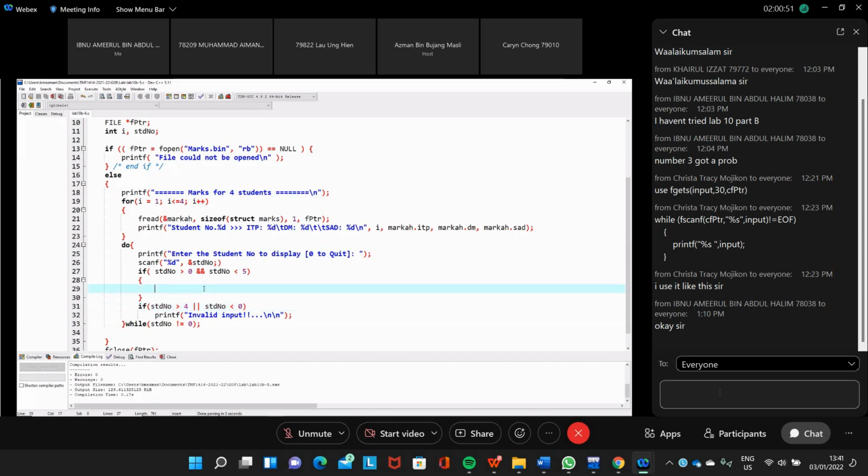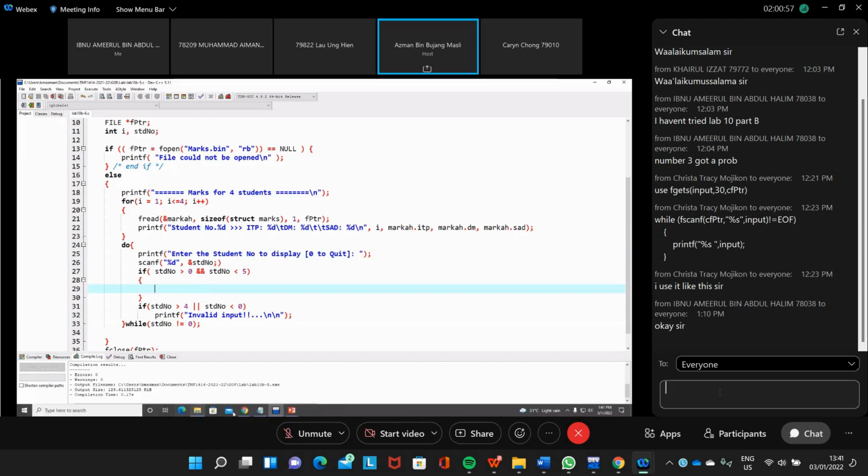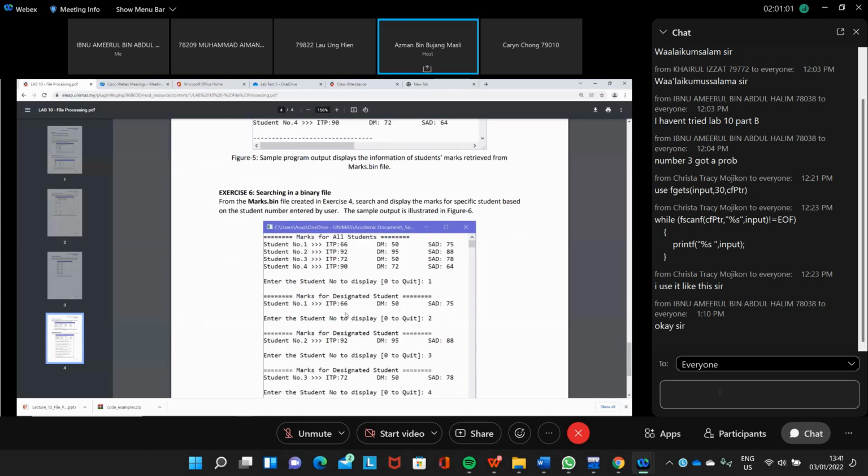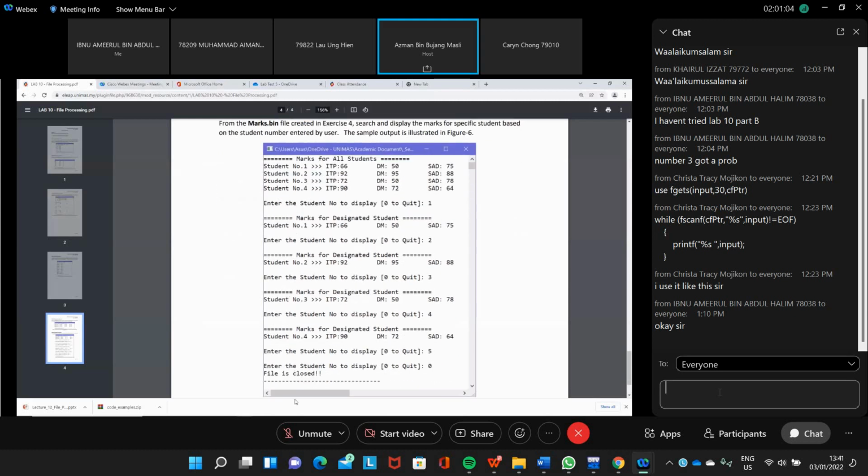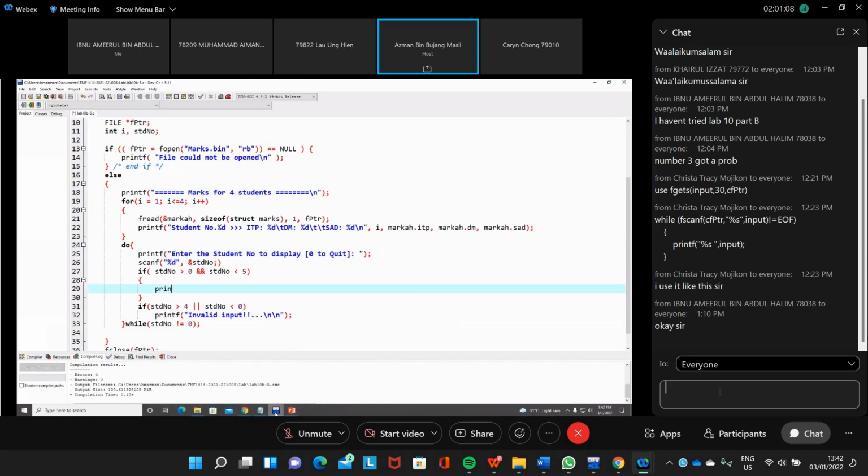So if student number is correct, then what we do, we just see what are the marks for the designated student. So we put that printf.